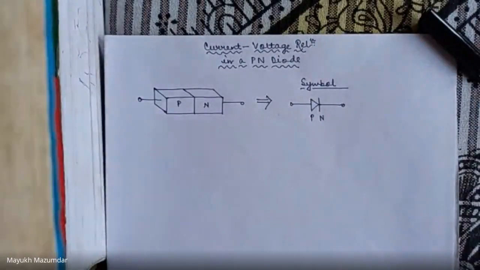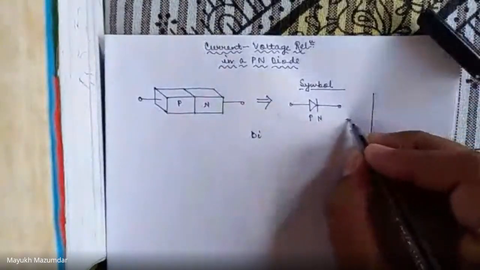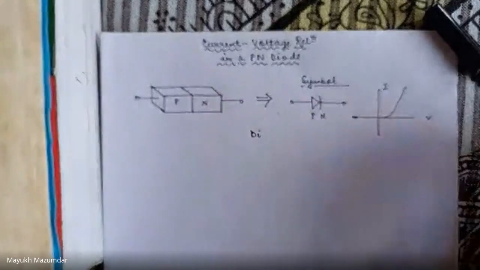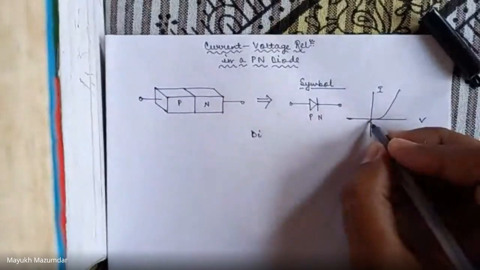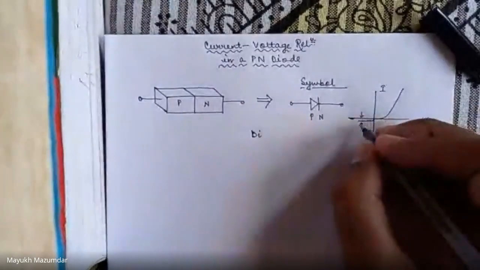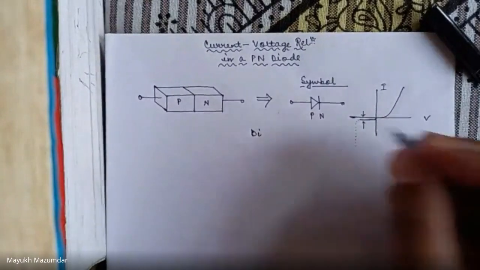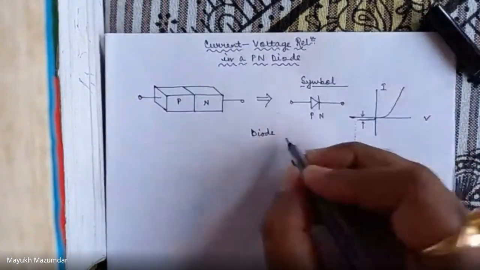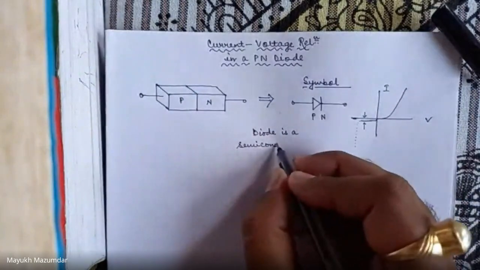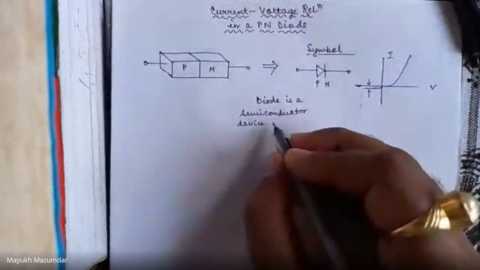Okay. So what does a diode do? We all just went through the graph: in forward bias it will heavily conduct, and in reverse bias it conducts a very small amount of current. Yes, definitely there's a breakdown after a point, but we won't entertain that thing. So a diode is a semiconductor device that